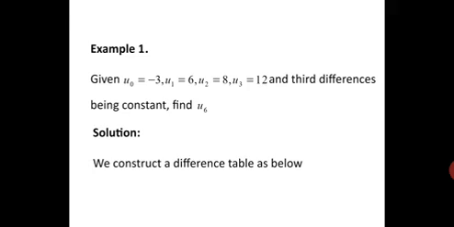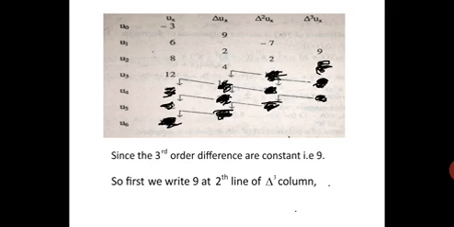Now first we will construct the table for this problem. So 1, 2, 3, 4 values are given here, 0 to 3. So now you can see we have constructed the table here. Don't worry about these black spots, I will remove them one by one.